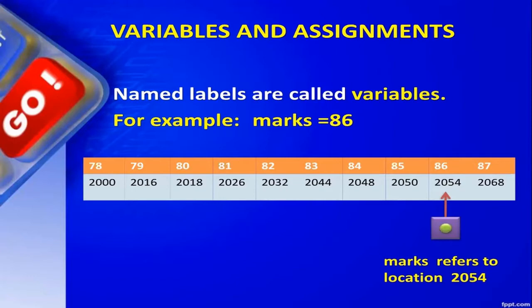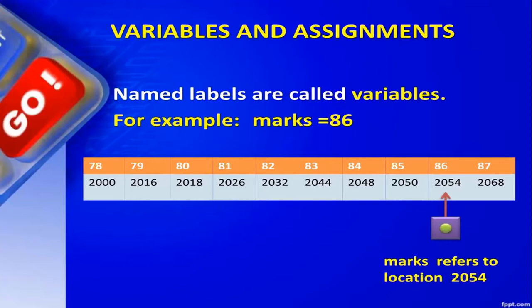Each variable has a type. This type defines the format and the behavior of the variable. So if we say marks equals 86, it will automatically assign the value 86 to marks, and the variable named marks will become an integer type variable. If you type x equals 10, and then type x in the interpreter mode, you have seen that the computer will tell you 10, because it associates those two together.